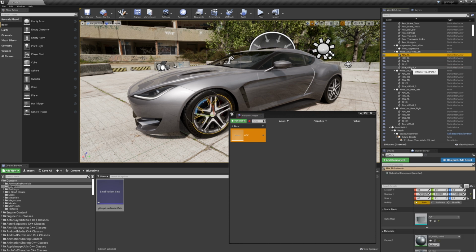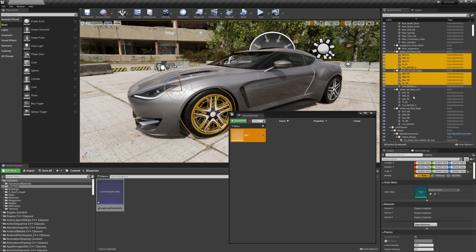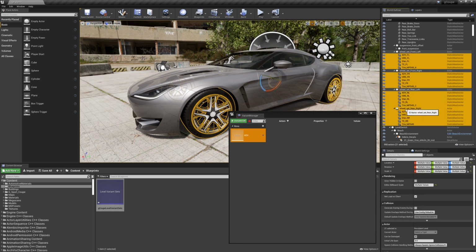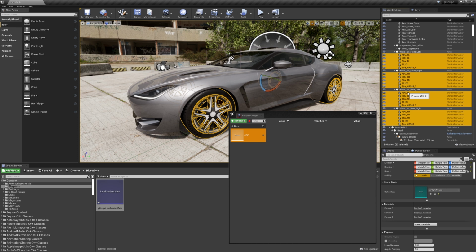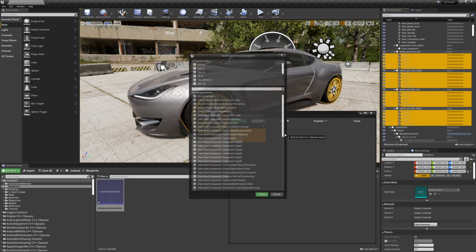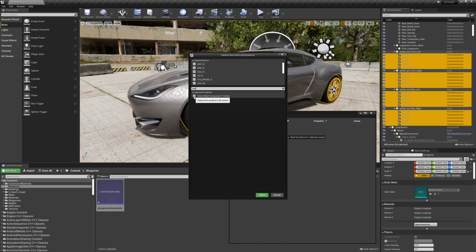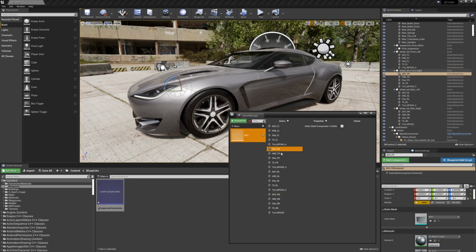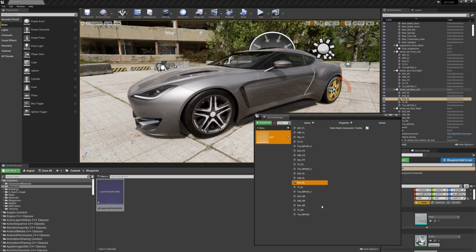And I'm going to be putting in here all these rims, all of them, because I need to track their visibility in each and every single one of these. So I'm going to put all of these here, drag and drop, and here I'm going to search for visibility. And now when I click on each one of these, it's going to show me if it's visible or not. Right now in the scene they're visible. So first I'm going to duplicate this one before I change it. And I'm going to make everything that doesn't say ADV